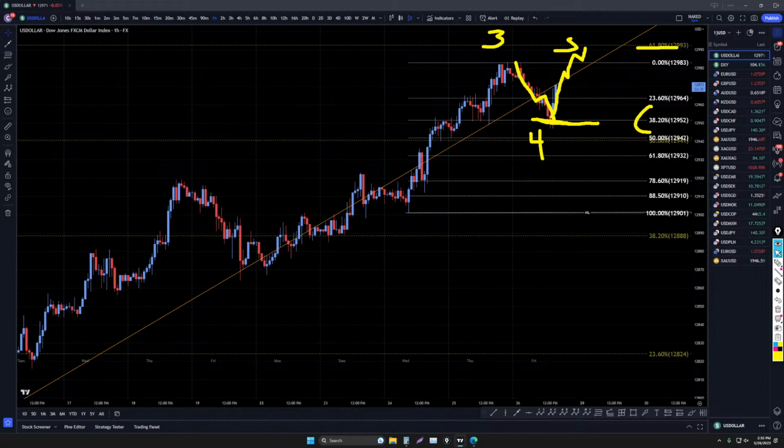So now that we have that kind of figured out, we think that we may be going up for maybe a wave 5 on the US dollar. I don't think it's going to be the end of anything, but it does look like a wave 5, probably just like a 1, 2, 3, 4, 5 of the trend that starts right here,